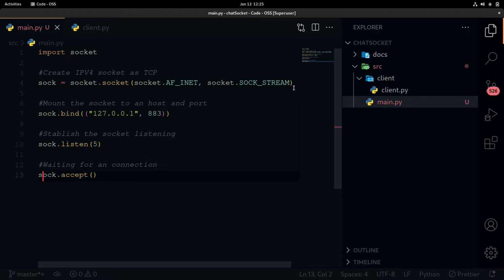This accept method returns a tuple. This tuple has two values: conn and client address.